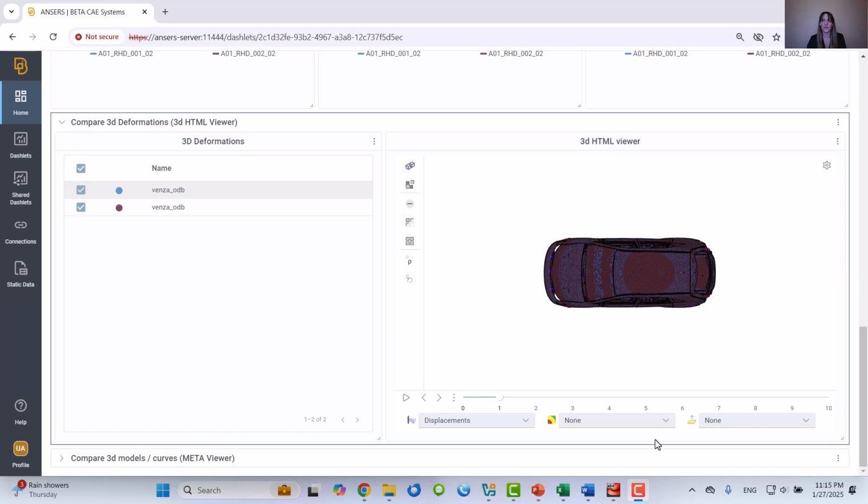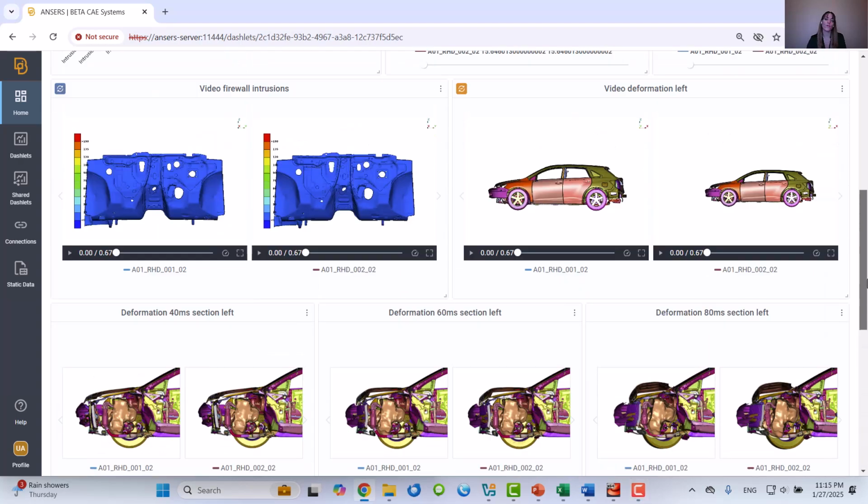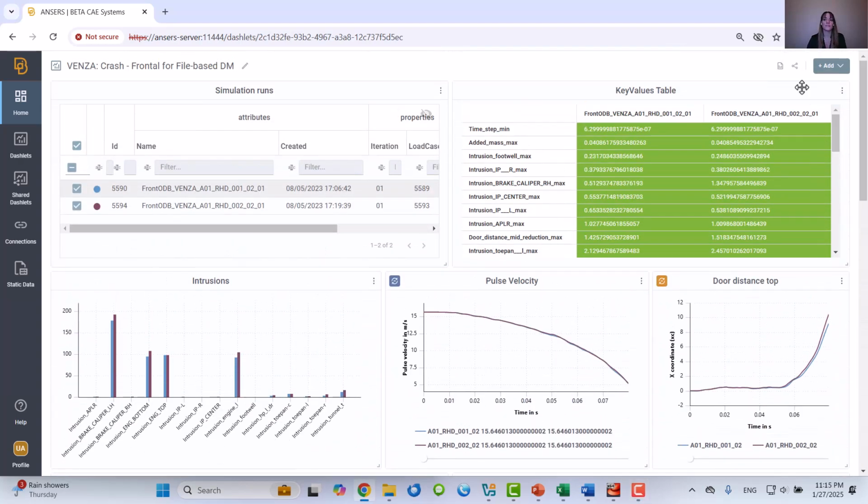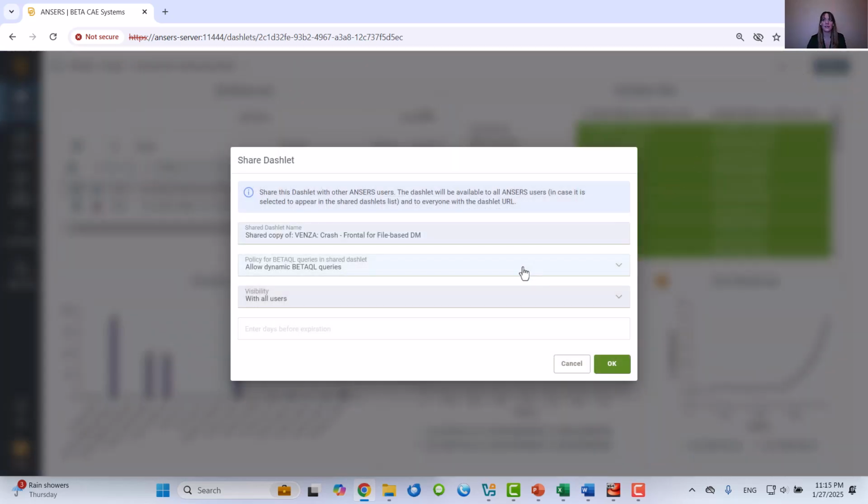Imagine now that we could share this dashlet with another Answers user. If I scroll up a bit and press this button to share the dashlet, here we have some options, as I mentioned in the presentation. The policy for BetaQL queries could be done in two ways.